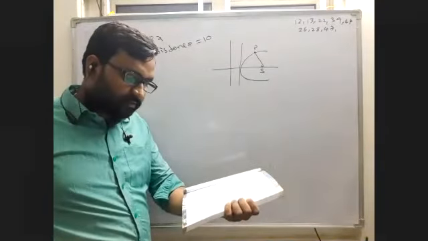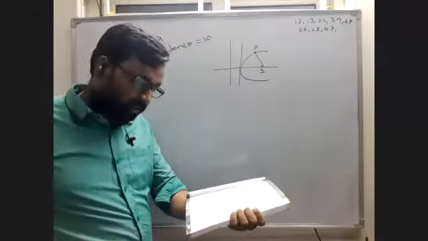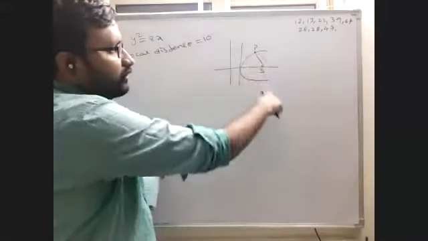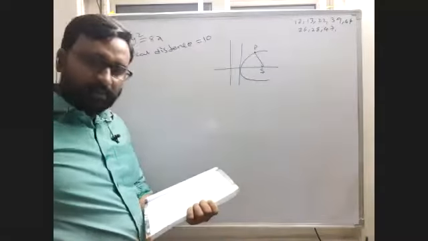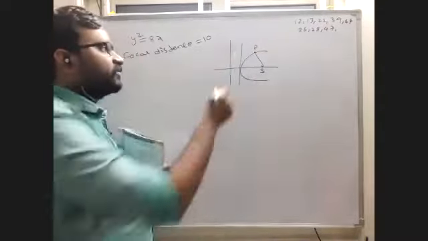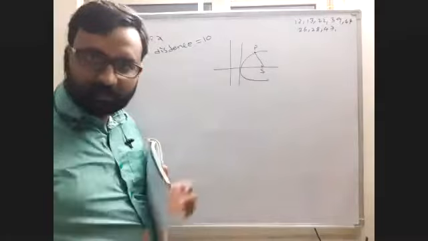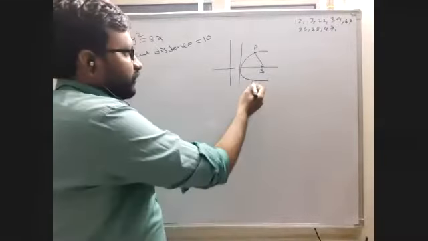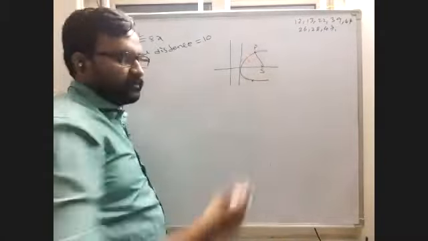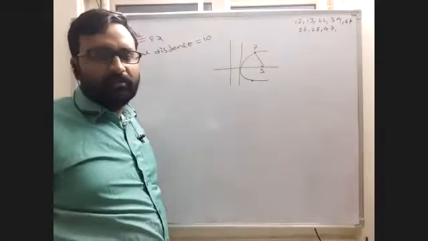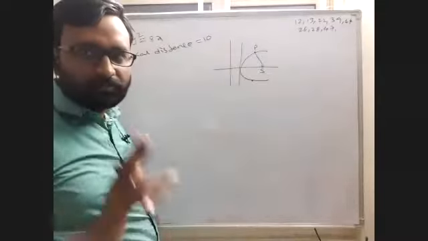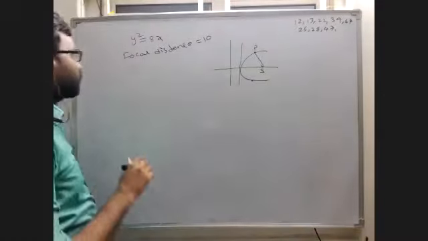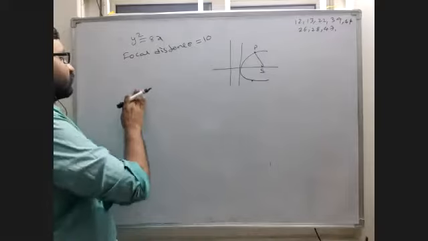The focal distance of a point on the parabola is given as 10 for this parabola. But what are the coordinates of this P? Maybe P here, maybe P here, whatever it is. Why? Because this is symmetric, na? So there we have two chances, either this side or this side. So we have to find 2 points. So first point or second point. First we have to find